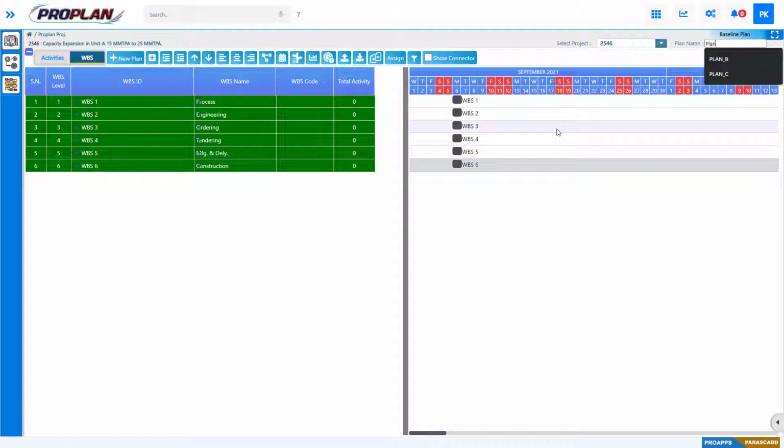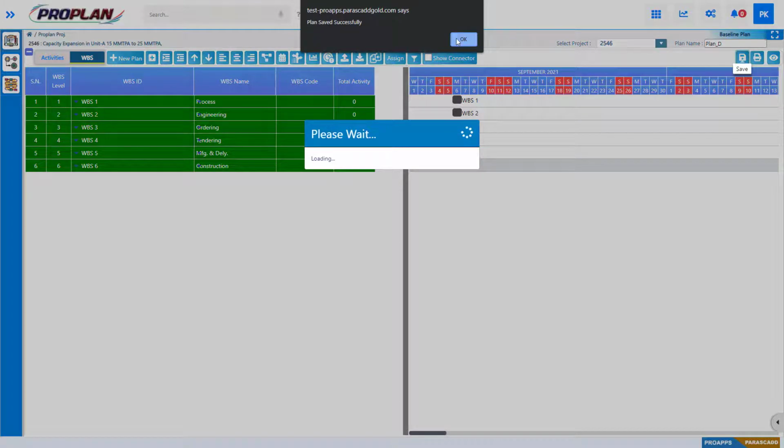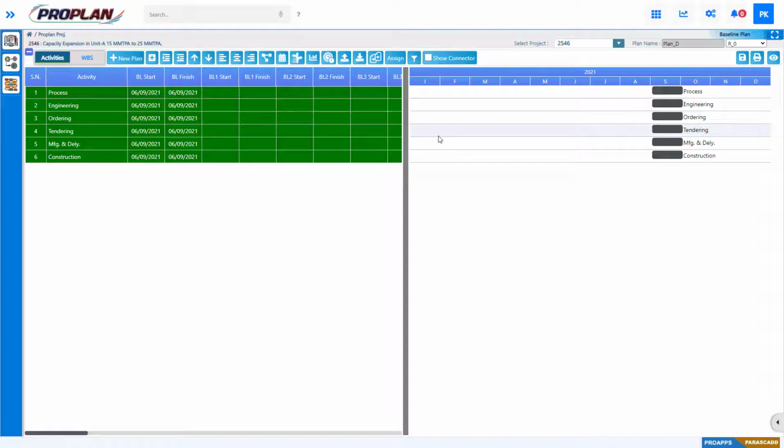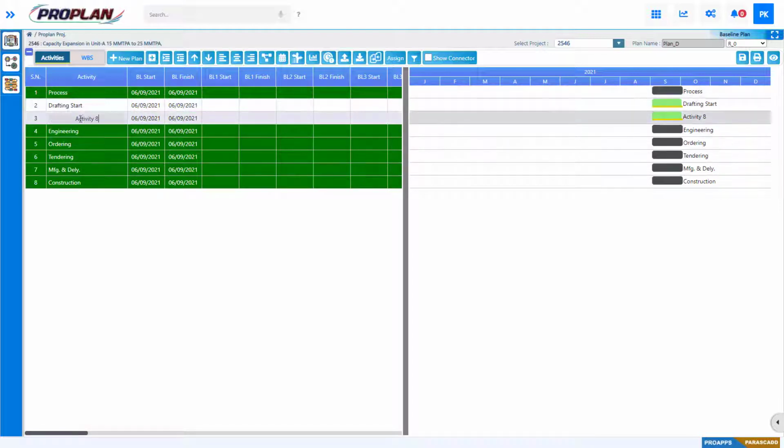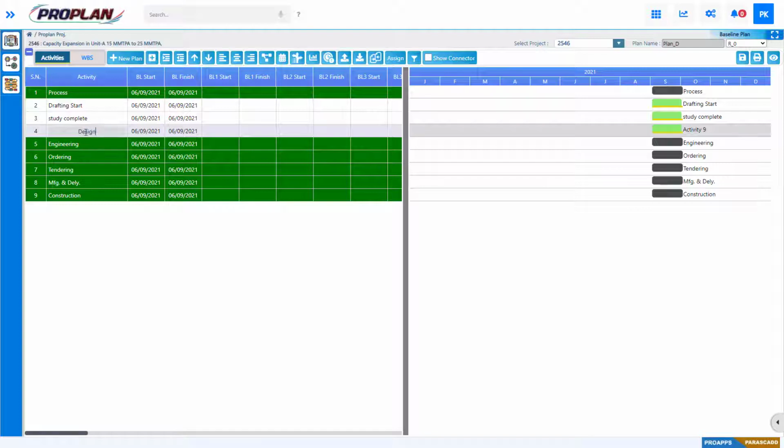After adding WBS, we are going to save this plan by giving the name of the plan. To add activities, right click on any WBS and select Add Child. We can edit the activity name. For example, we are editing this name as drafting start, study complete, design complete,